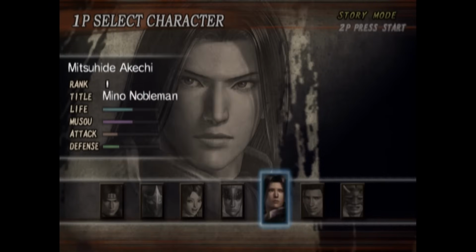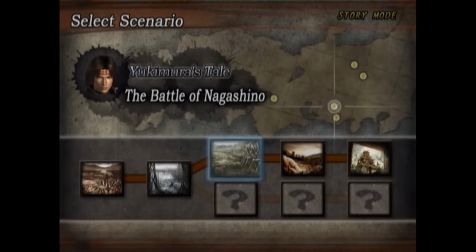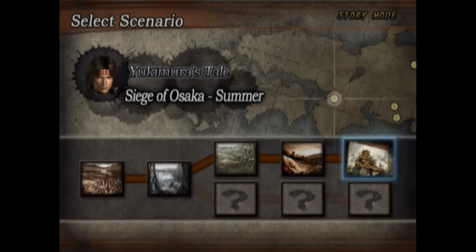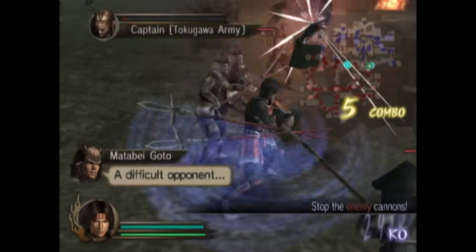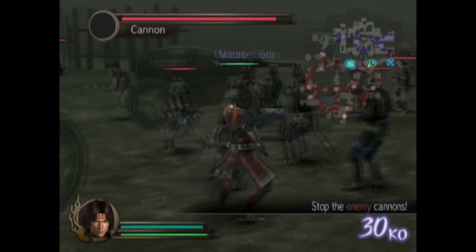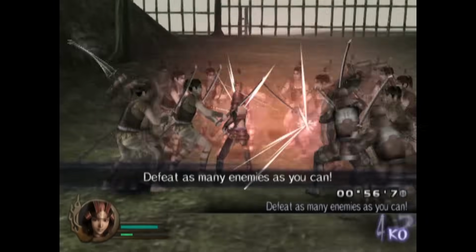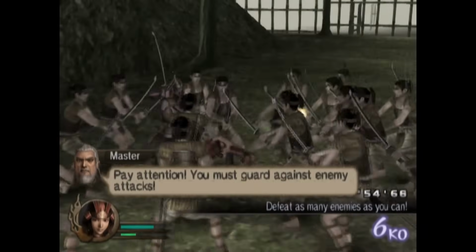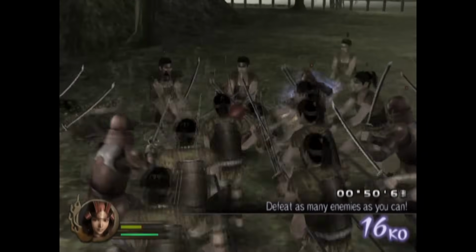Our first mode is Musou mode. You only have a limited amount of characters to choose from at first, but you unlock other characters by finishing Musou modes. Most characters' Musou modes have a branching path in them, and the path you take is determined by what objectives you complete in battle. Characters with a branching path can have multiple endings to their story. For my Musou mode with Sanada Yukimura, I ended up going on the upper path, which leads to the more